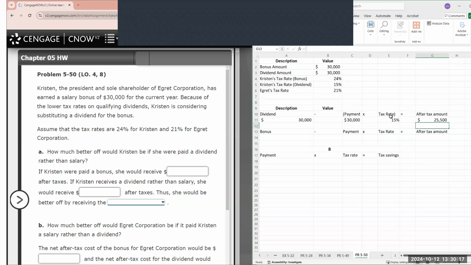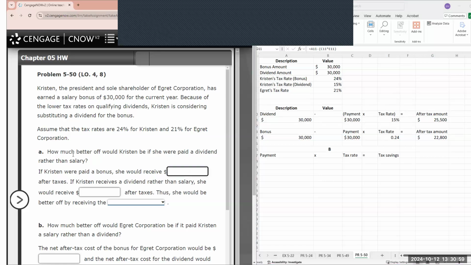The after-tax amount for dividends would be 25,500, versus if it were a bonus, the payment amount of 30,000 multiplied by the tax rate of 24%. The after-tax amount would be 30,000 minus the 30,000 times the 24%. So in such case, if it were a bonus, the after-tax amount would be 22,800, versus if it were a dividend, the after-tax amount would be